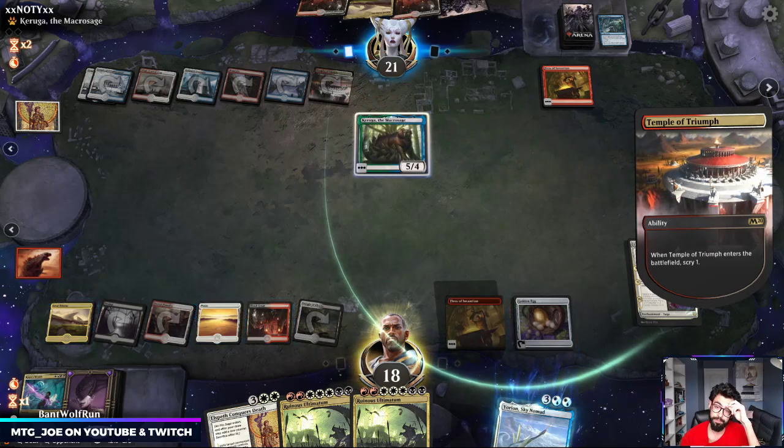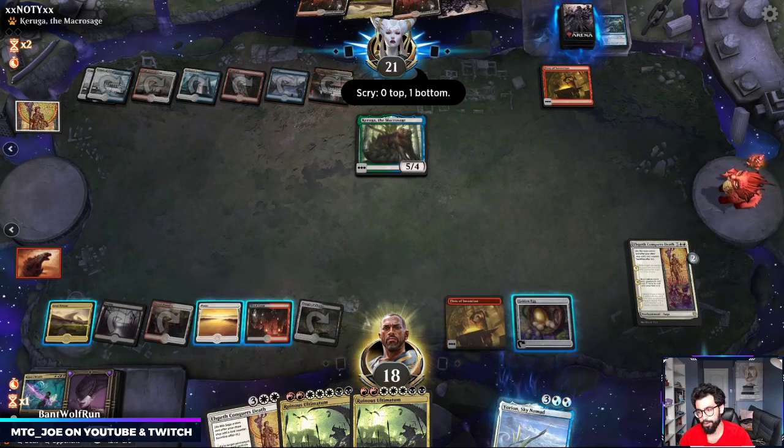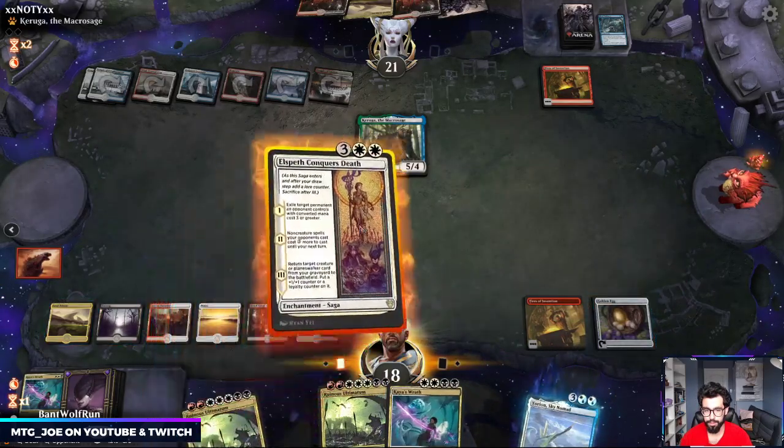Scry down. So this is actually good because they're going to be making up their mind not knowing we have another Conqueror's Death. If we draw a land, then I just Ruinous Ult. So this turn's going to be